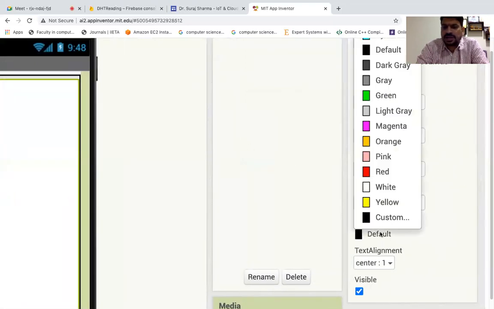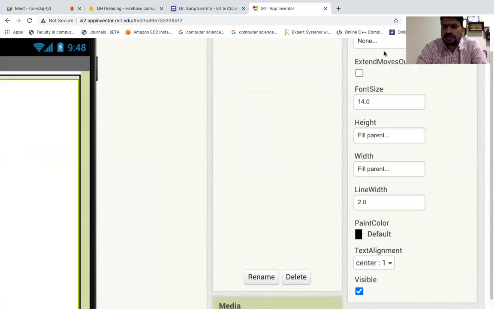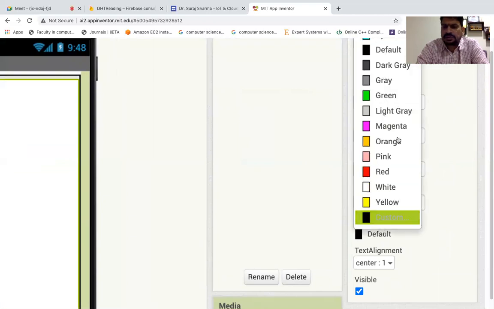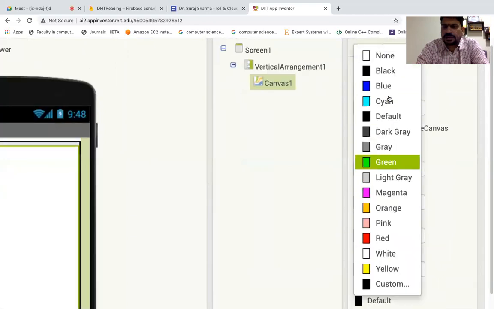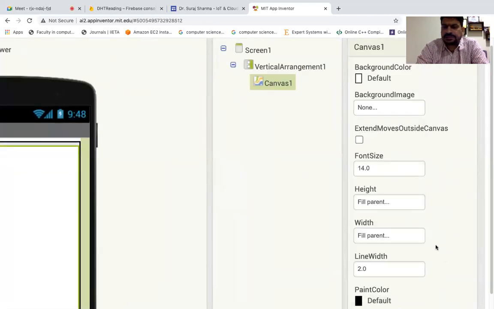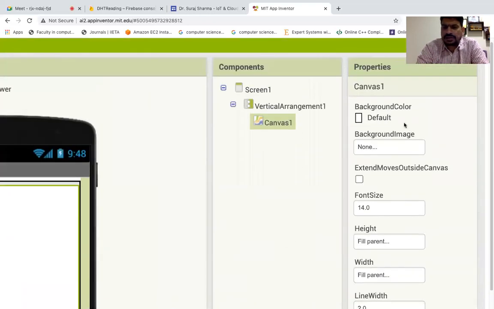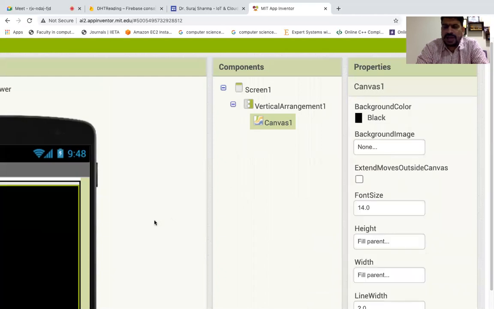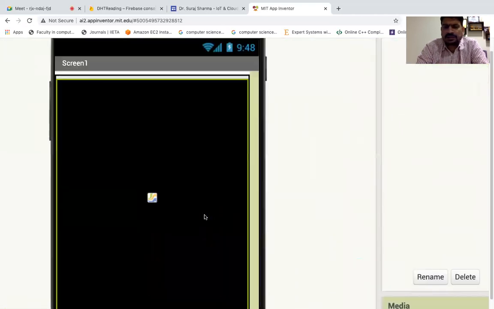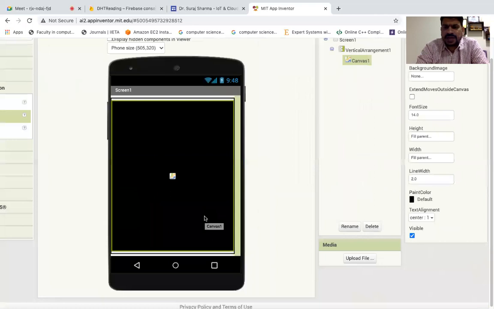You may change the color to black. So the canvas color we need as black. So that will become black. So my canvas is black now.